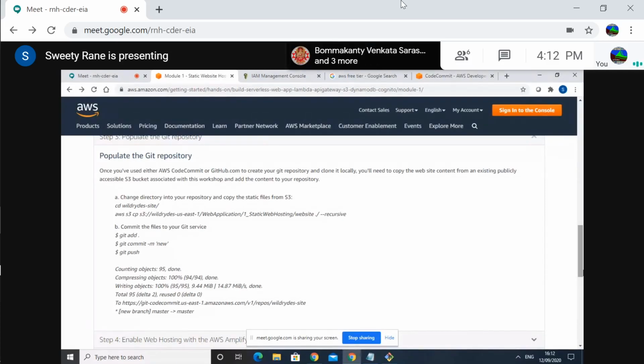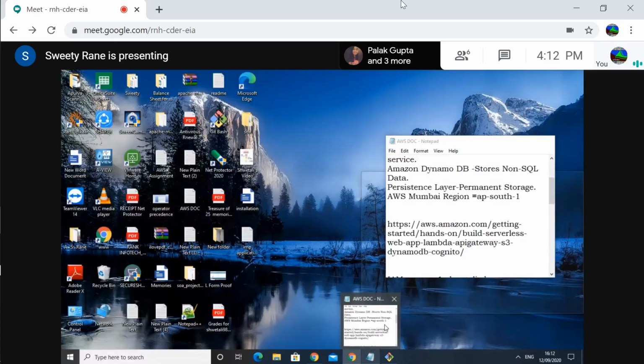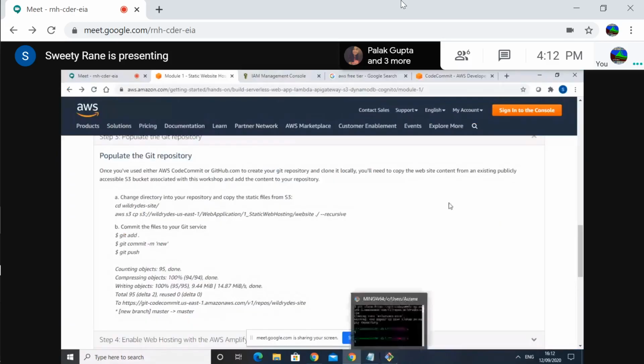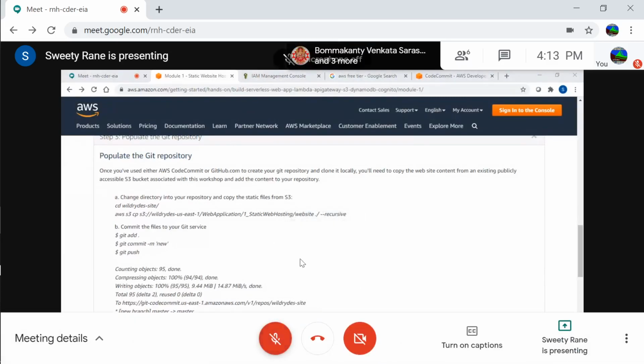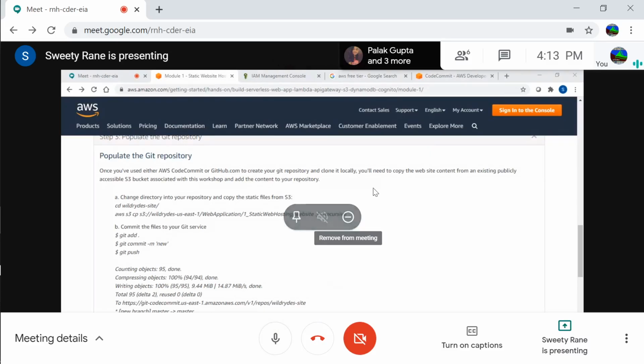So go ahead and do that. Do you have the Git commands which I sent last time? Save all your files in one folder, so that it becomes easier.